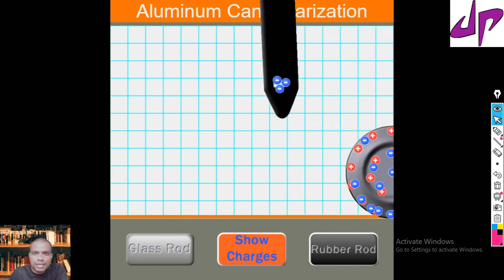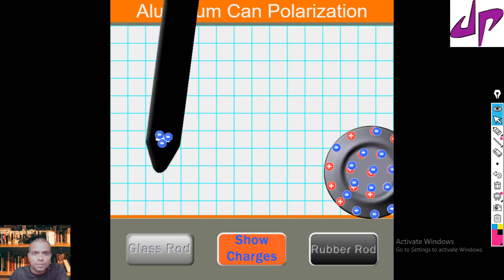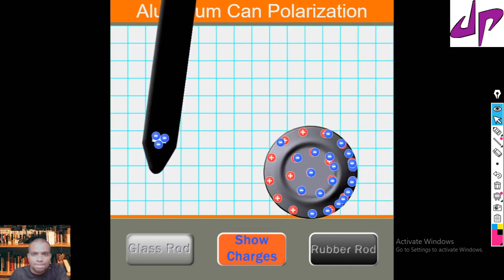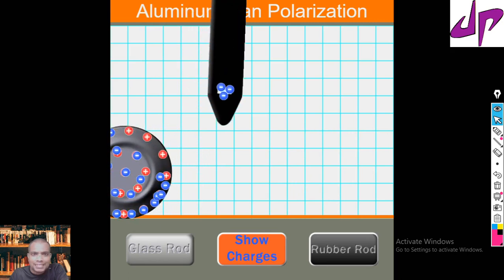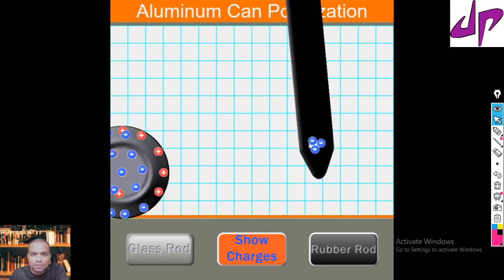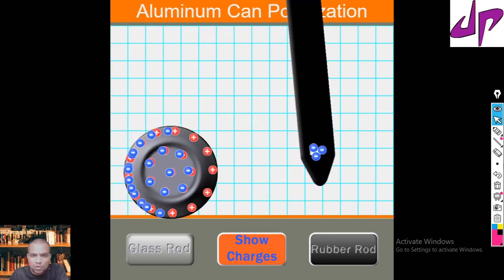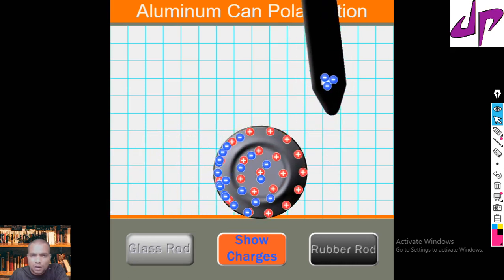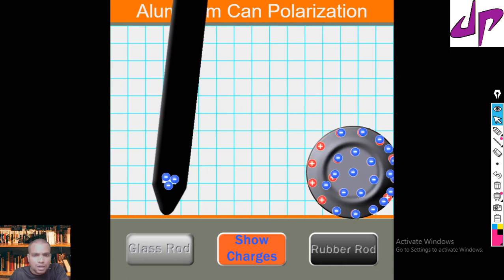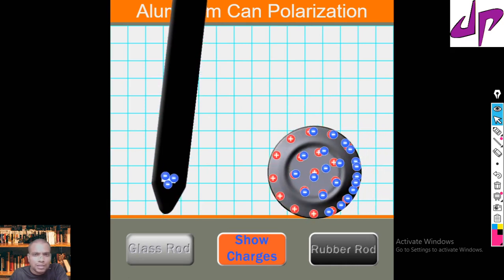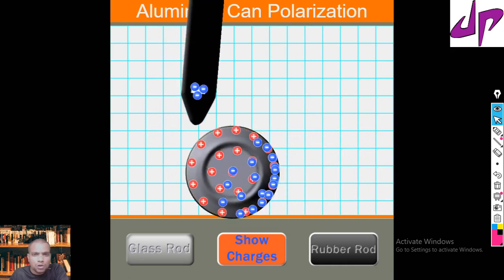This is a negatively charged object, the rubber rod. Now this negatively charged object is attracted by the aluminum can. So even from far away, the can wants to touch the rubber rod because of the displacement of electrons